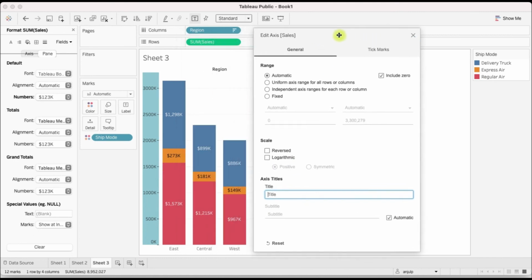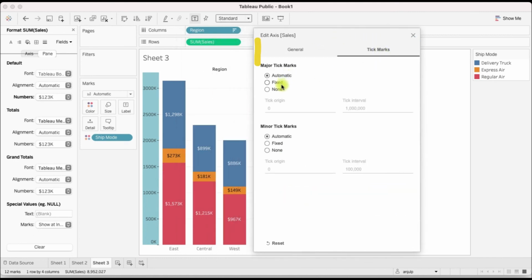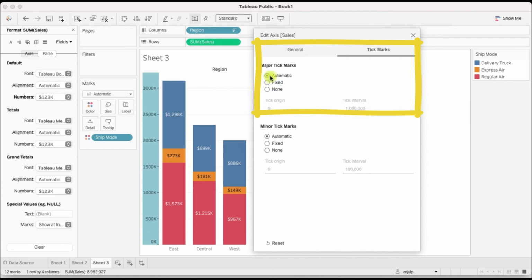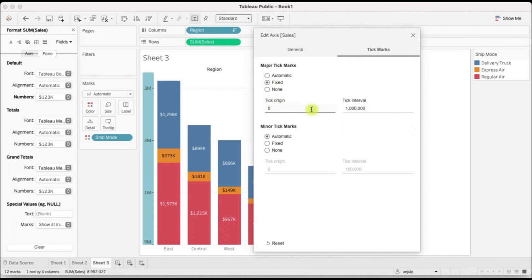You can tick marks also, you can change the interval, you can make it fixed. So if you click on automatic, it's displaying at every 500k, and if you click on fixed, so by default it's showing 1000k. You can change it as per your convenience or requirement.